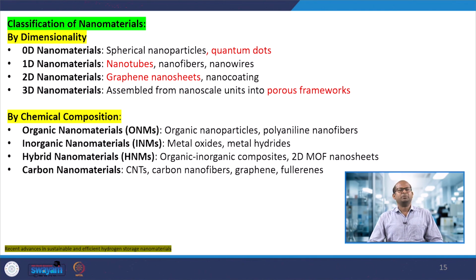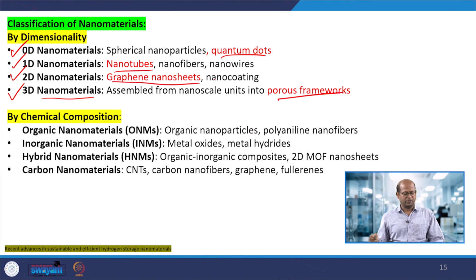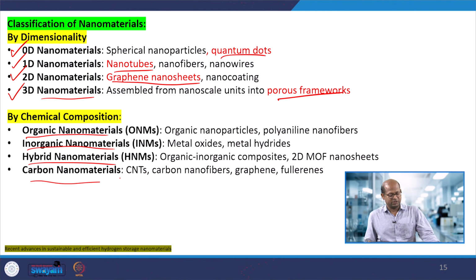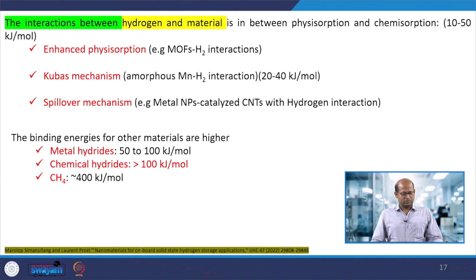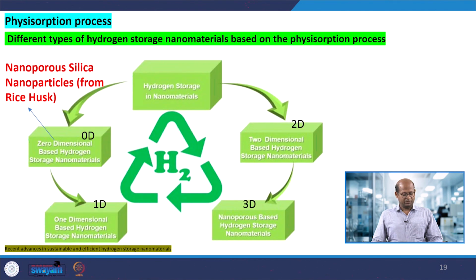So zero dimensional, one dimensional, two dimensional, three dimensional, different types of materials, which we have already discussed. Apart from that, organic nanomaterials, inorganic nanomaterials, hybrid nanomaterials or carbon based nanomaterials also can be used for hydrogen storage applications, particularly direct physisorption or as a catalyst. Okay. So when we are using this type of materials in the physisorption process,